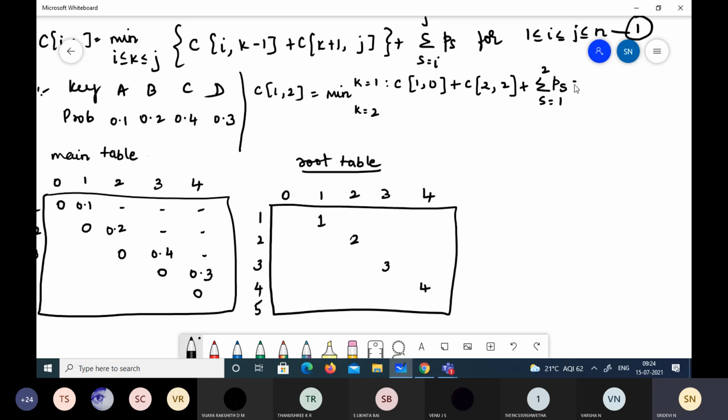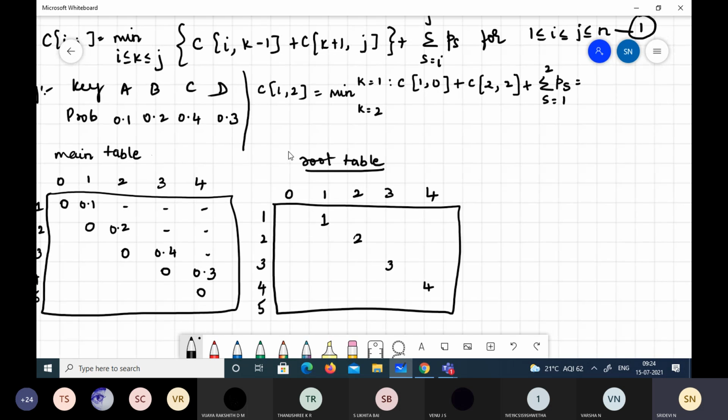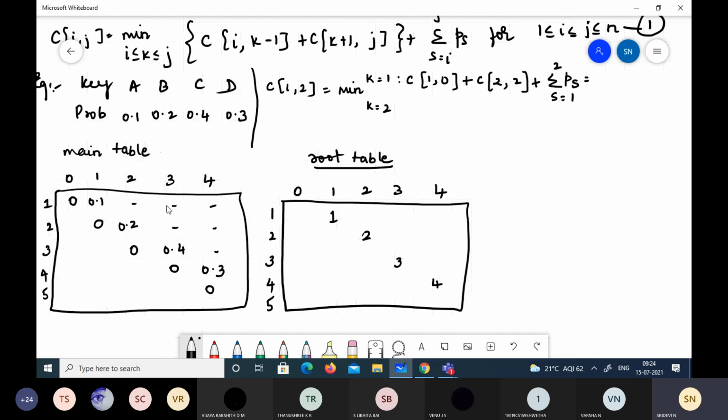So first we'll take C of 1 comma 0. Let's check in the table what C of 1 comma 0 is. That's the reason why we have the extra row and column added here. C of 1 comma 0 is 0, plus what is C of 2 comma 2?